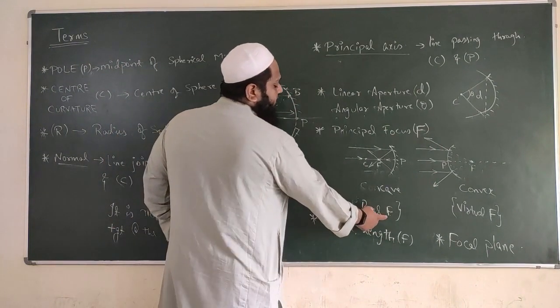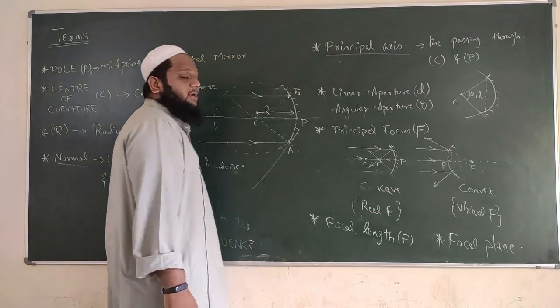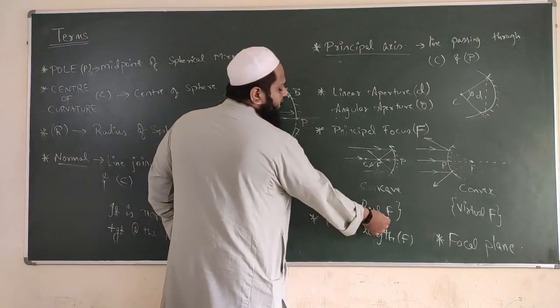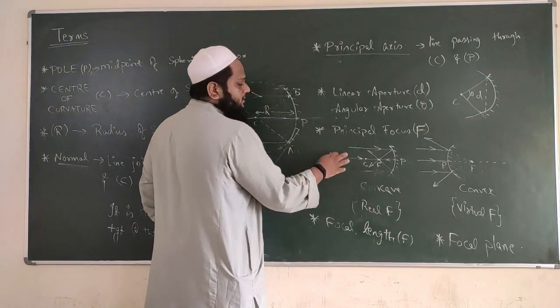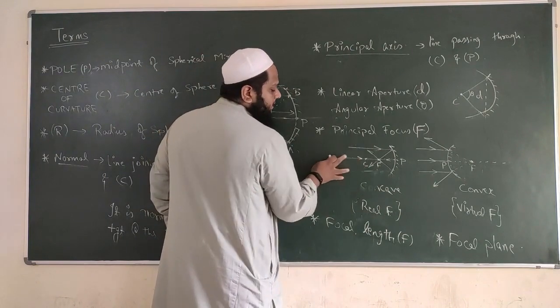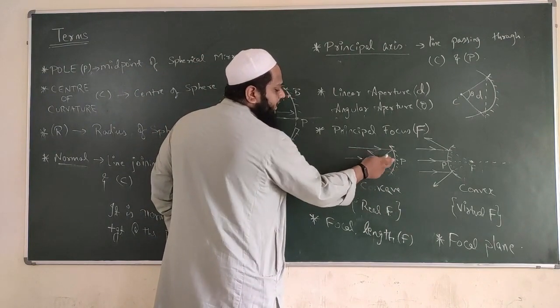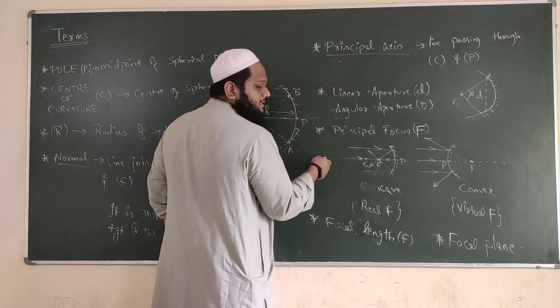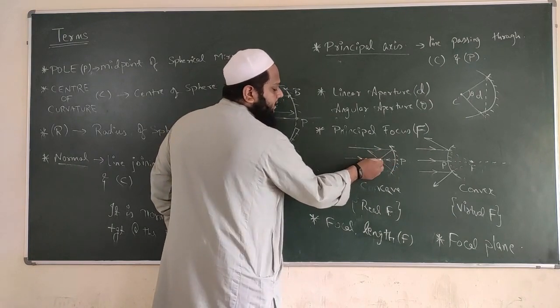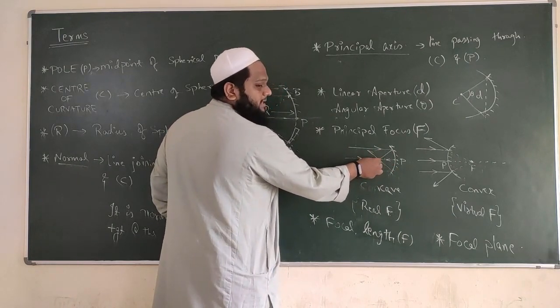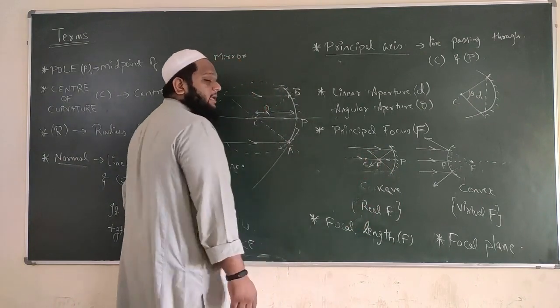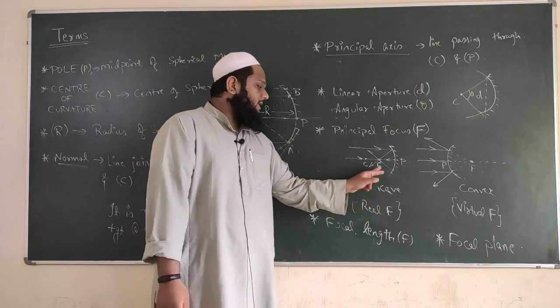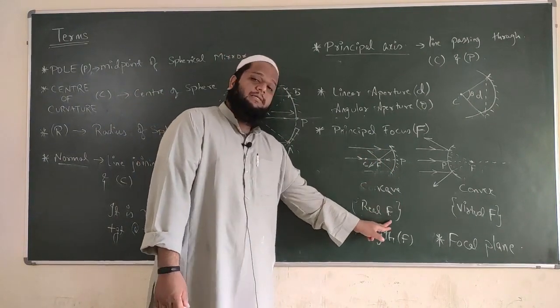यहाँ पर देखो, real focus I have written, there I have written virtual focus. Why have I written that? Real focus मतलब असल में वो हो रहा है. They are actually converging. Once these rays are passing, they are undergoing reflection. Here also there is reflection coming back in the same line. Yeah, they are meeting at a point. When they are actually meeting at a point, then it has to be real. So this focus in case of concave is called a real focus.